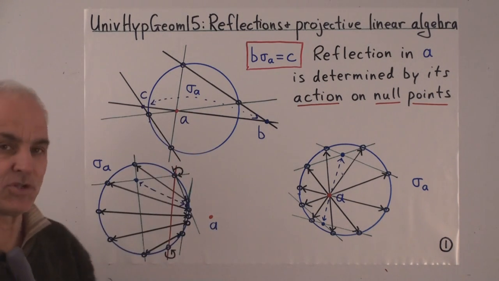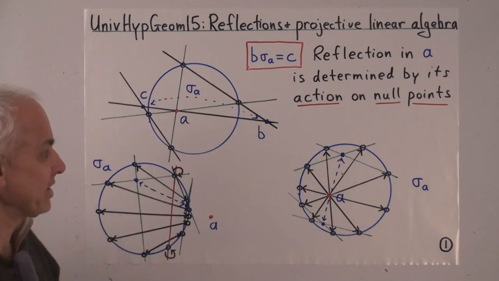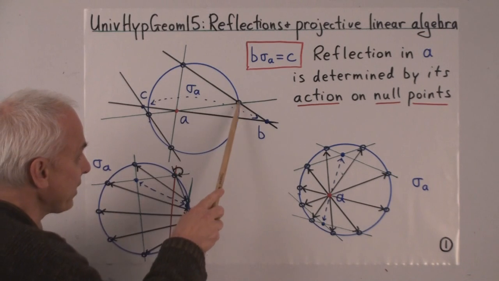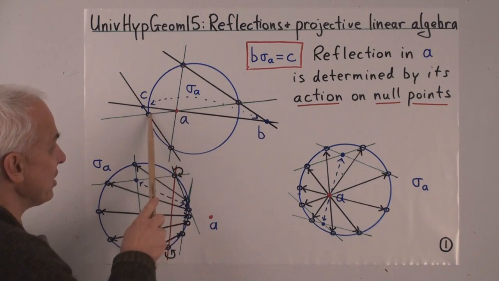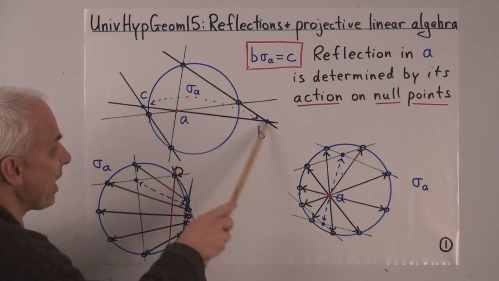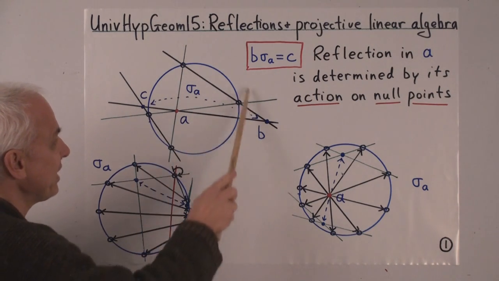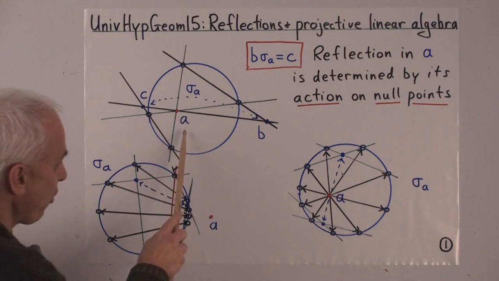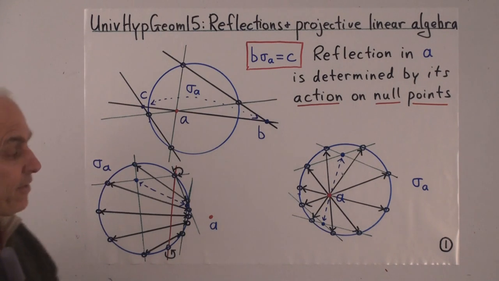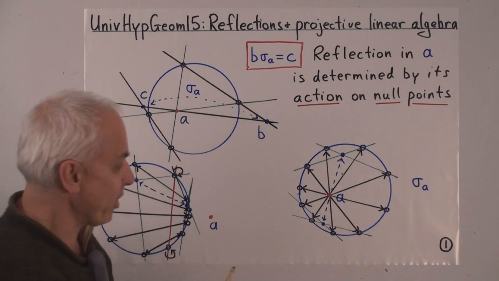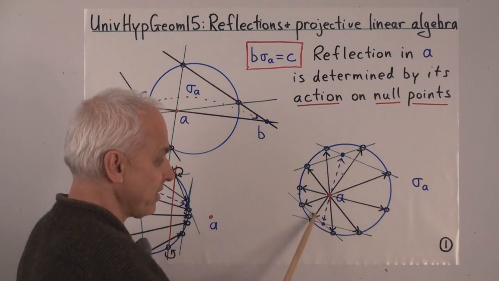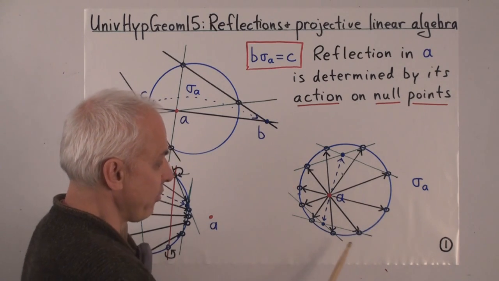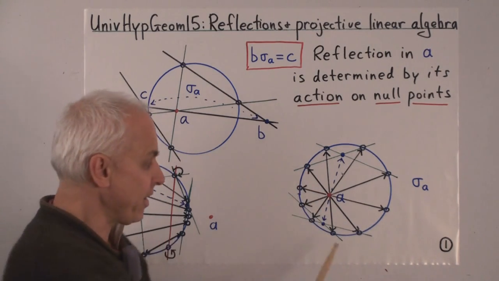So we're going to start today by observing that this kind of operation is really defined by what happens on the null circle. If we know that the image of these 2 points under reflection is the opposite points, then we know where a line like this is reflected to. So it's really the effect on the unit circle that we want to analyze. Now if the point A is inside the circle, like there, then this reflection in the point A interchanges these 2 points, and these 2 points, and these 2 points. It's a kind of involution on the circle.